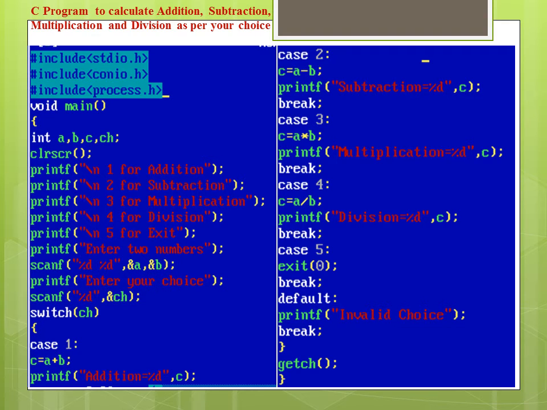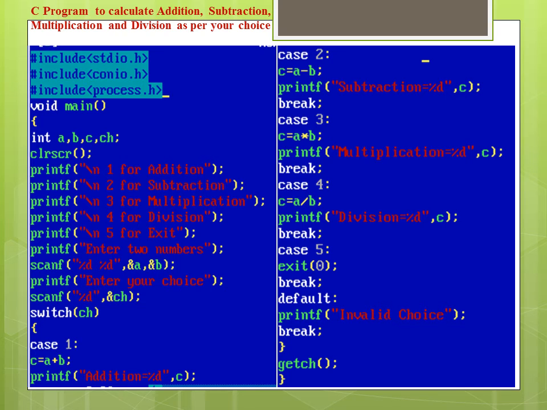If the user enters choice 1, then switch case matches that value of the ch variable with the case number, and the code of case 1 gets executed, that is the addition of two numbers, and the printf function displays the addition of those two numbers on the output screen.